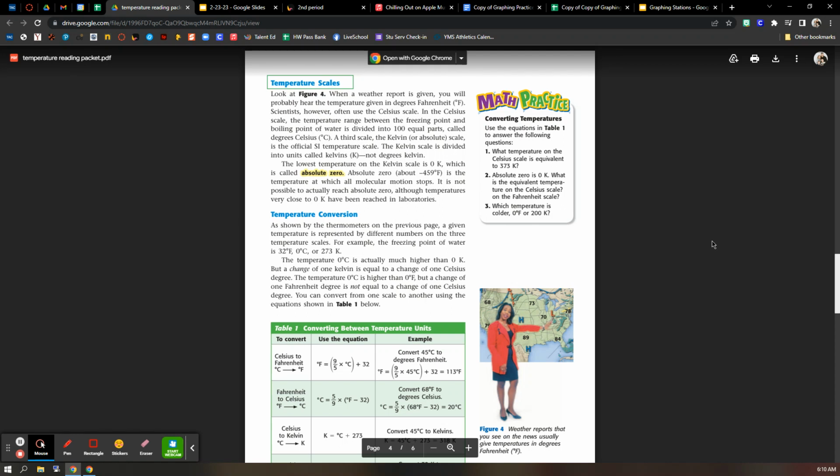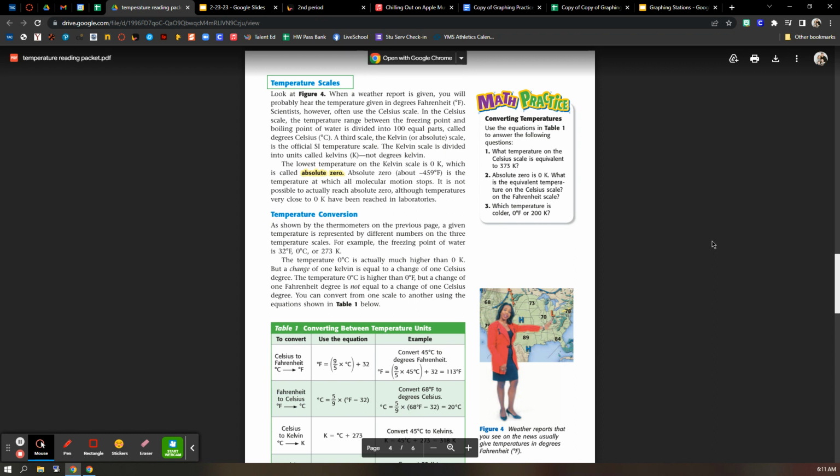A third scale, the Kelvin or absolute scale, is the official SI temperature scale. The Kelvin scale is divided into units called kelvins, not degrees Kelvin. The lowest temperature on the Kelvin scale is 0 Kelvin, which is called absolute zero. Absolute zero, about negative 459 degrees Fahrenheit, is the temperature at which all molecular motion stops. It is not possible to actually reach absolute zero, although temperatures very close to 0 Kelvin have been reached in